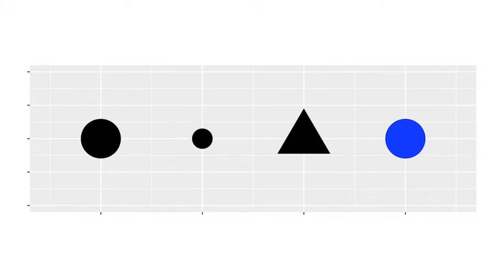You can display a point in different ways by changing its aesthetics or the way it looks. You can make a point small, triangular, or blue, or a combination of these. Let's go back to our penguins dataset and review the code for our plot that shows the relationship between body